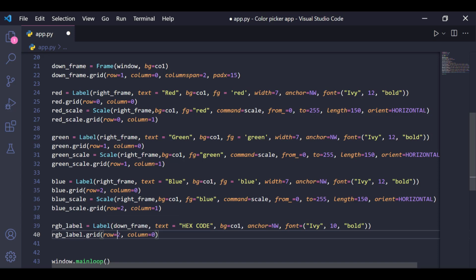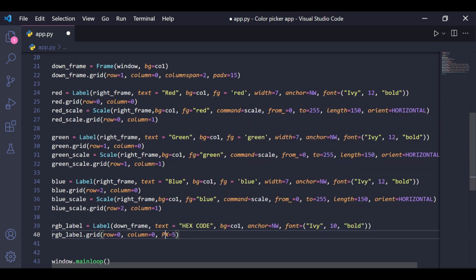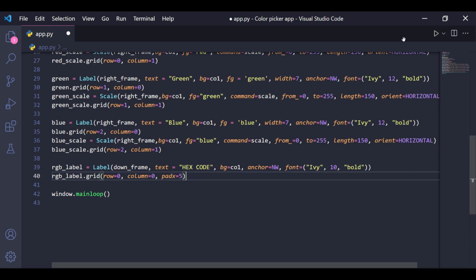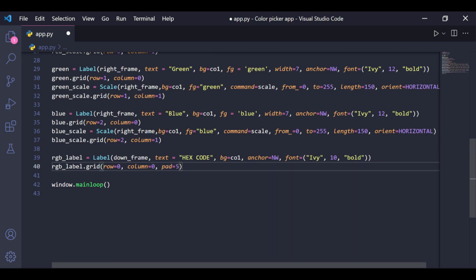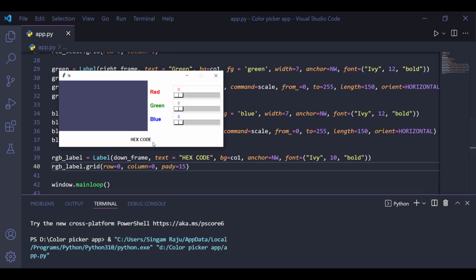RGB.place.grid. The row will be 0, column will be 0, and let's just give pad x equal to 5. Okay, and let us see. Okay, now we created a label as hex code, and let's just give pad y as 15 instead of x. Now we have a label showing hex code, and now we need an entry,